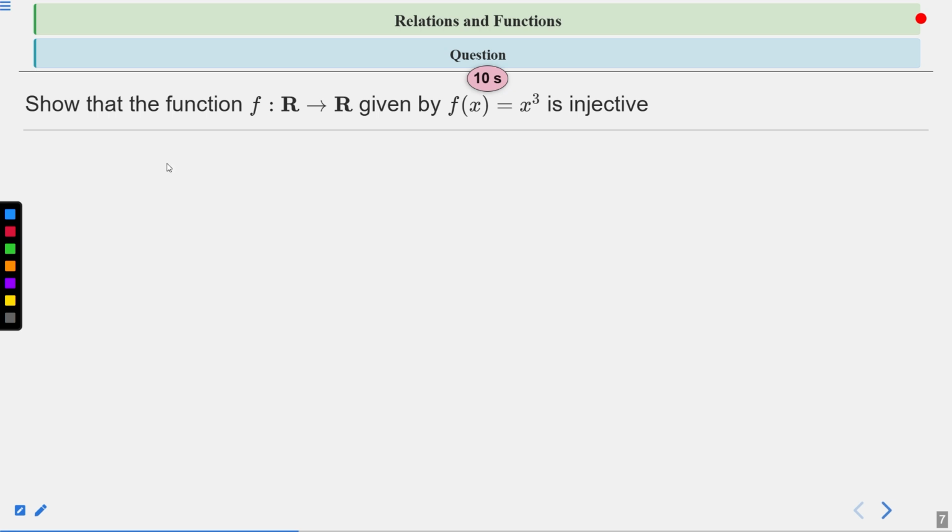Again, what is the condition of an injective function or one-one function? If f(x) is equal to f(y), then after solving this analytically, we must get x is equal to y, right? After solving this, if this condition is satisfied, then the function will be injective or 1-1, right? So you have 10 seconds to solve or think about this question. After that, we will discuss the solution, right?